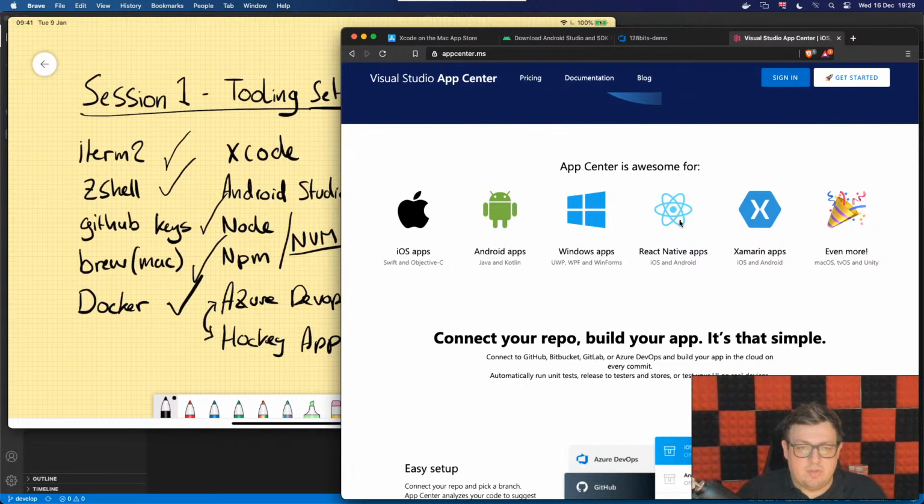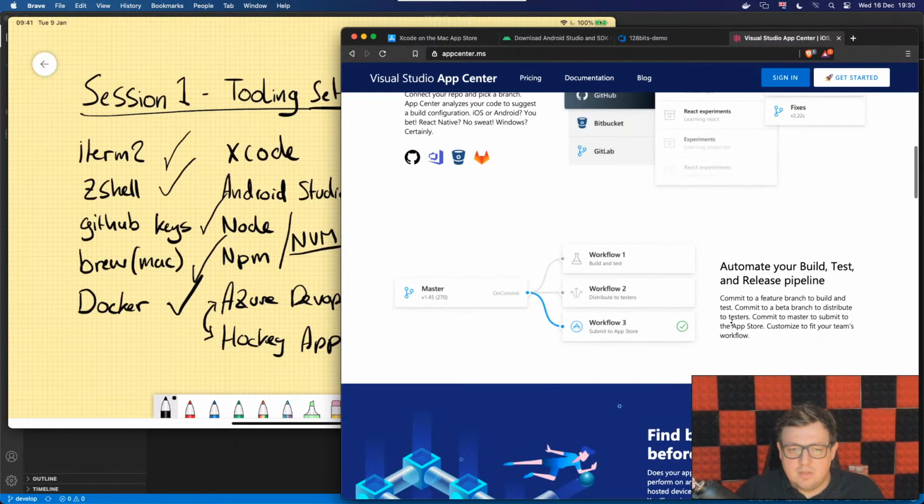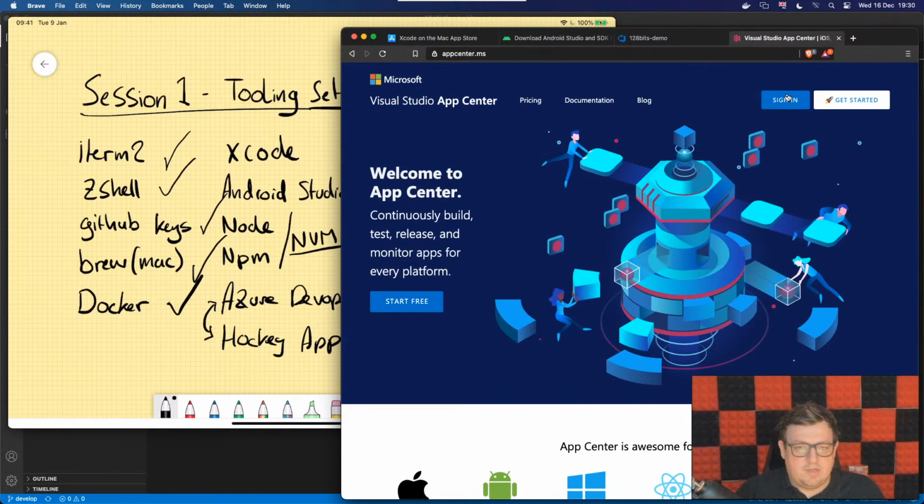That's really nice. So we can actually build apps for iOS and Android, Windows apps, and iOS apps. I wonder if this supports, sorry, not iPad, like TV stuff. I'm assuming it does actually. Yeah, like Mac OS and tvOS. That's cool. So let's get started